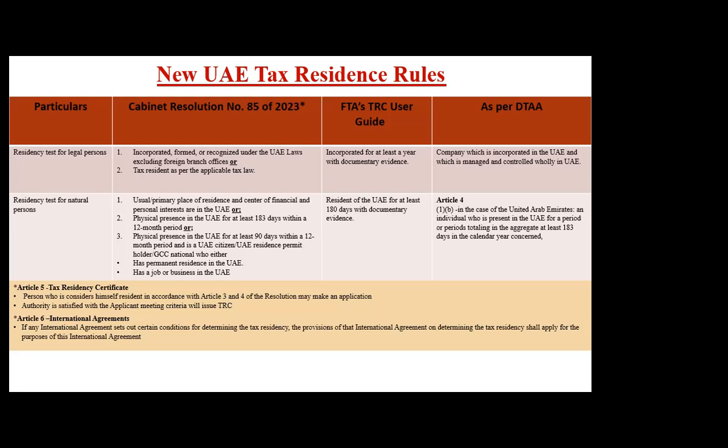Now coming similarly to the individual rules. For individuals, as per the treaty, if you cross 183 days in a calendar year, then you are a tax resident of UAE. So far as your cabinet resolution says, it gives you a few categories. In the first category itself, it says that if your financial interests or center of vital interests were in UAE, you can claim treaty residency, irrespective of the fact that you have not even stayed a single day there. That is what the rule says.